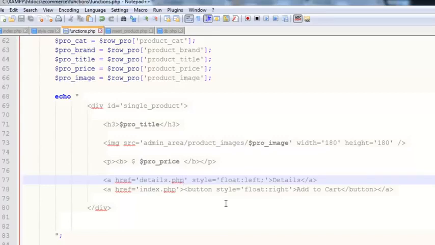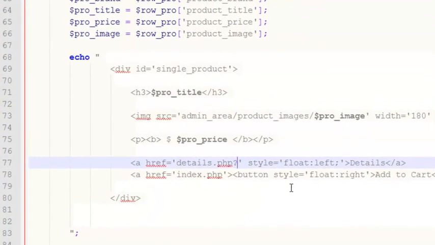So for that purpose we will create a URL variable which is always created with the question mark. You need to insert the question mark, and after that whatever you write, that is called either URL variable or GET variable. So we'll create here something like